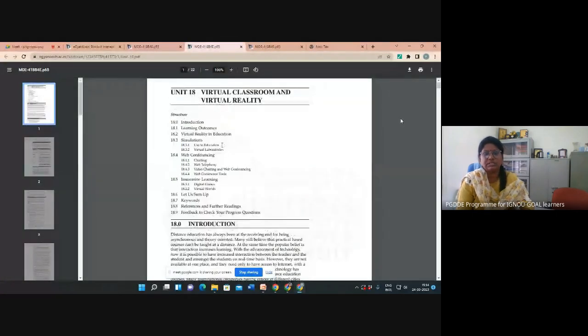Okay, so we have covered almost 17 units. The 17th unit is Web 2.0. There you have to read some of the concepts, like write about blog, and write a brief about wiki: why and how it will be useful for education, what are the benefits, and what are the limitations. These are some of the key points you have to learn.